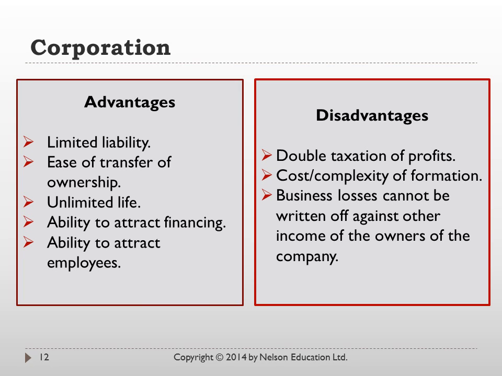So a corporation is really a unique form of business organization. As we said, it is a separate entity, a separate legal entity in the eyes of the law. It becomes a separate person, if you will, in the eyes of the law. And of course, that person can make decisions on their own. However, for a corporation to make decisions, it must be managed and governed by individuals. Typically, in a corporation at the highest level, we will have a board of directors. And these are the ones that are ultimately accountable for the operations of the business.